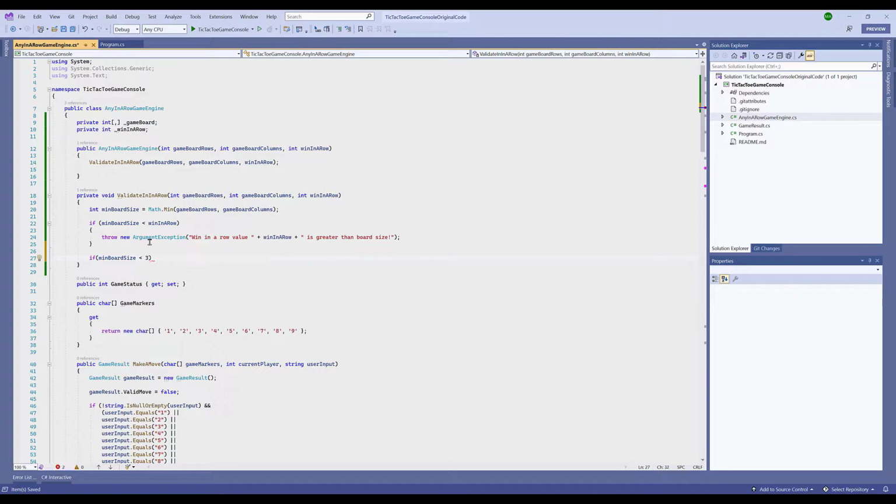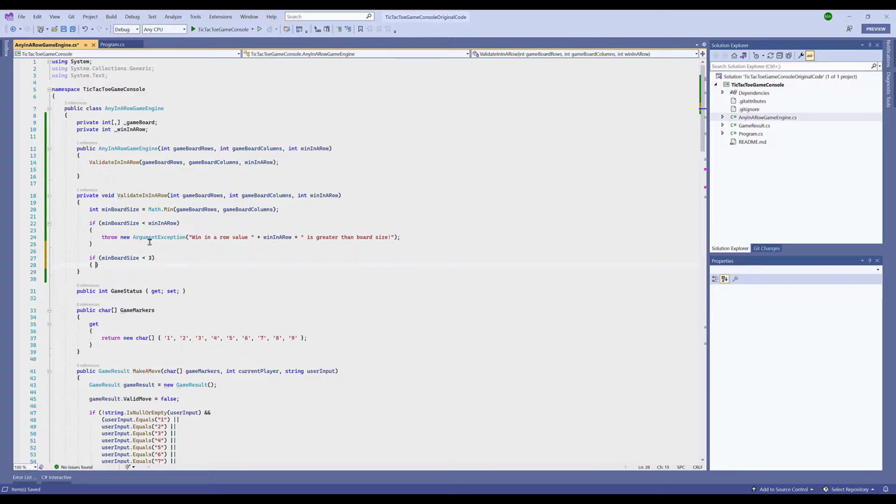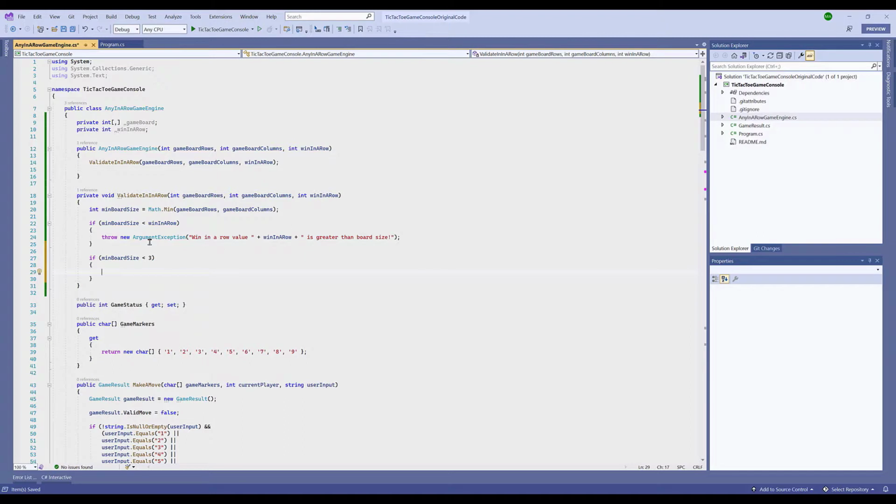Because that was going to be the size of our Tic Tac Toe. Then we're going to throw the same exception, but this time we're going to change the values to say the board size, and this should be the minimum board size, must be